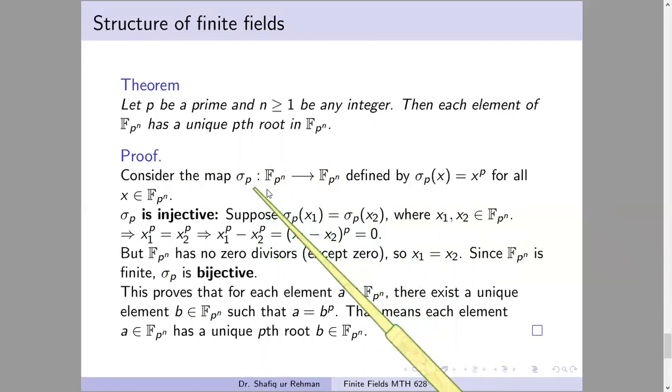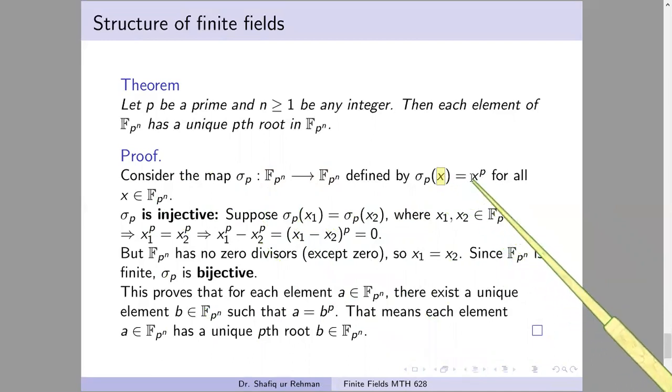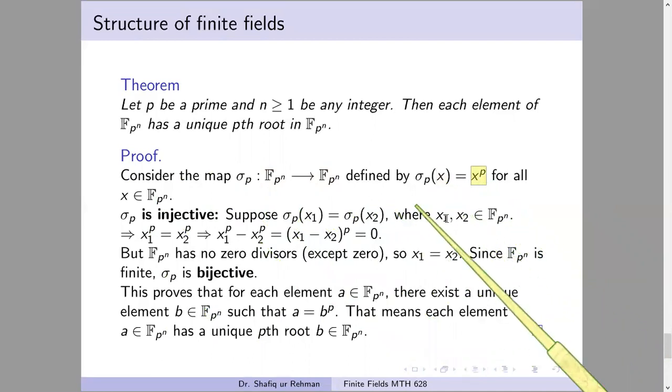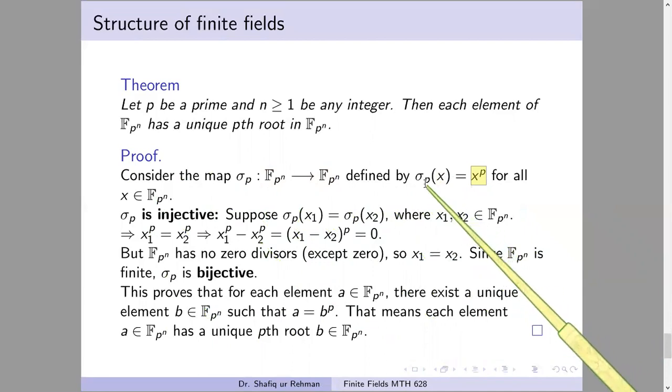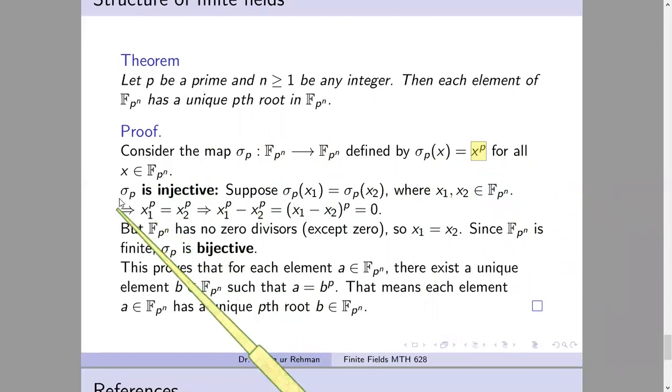इसको सिग्मा p से इसलिए डिनोट किया कि ये हर एलिमेंट को उसकी पावर p पे मैप करेगी, which maps each element to its power p। इसको फ्रोबिनियस मैप भी कहते हैं। और शुरू में सिग्मा 2 इसलिए लगाया था क्योंकि उसमें 2 पे मैप कर रहा था, for all x belongs to this। तो इस मैपिंग को पहले इंजेक्टिव प्रूफ किया है। उसी तरह यहाँ पे क्योंकि करेक्टरिस्टिक 2 है, जब आप इसको ओपन करेंगे तो बाकी सारे कोफिशिएंट 0 हो जाएंगे,